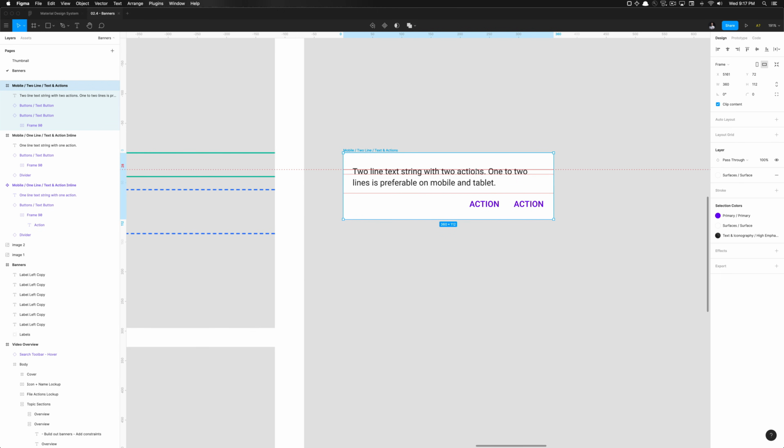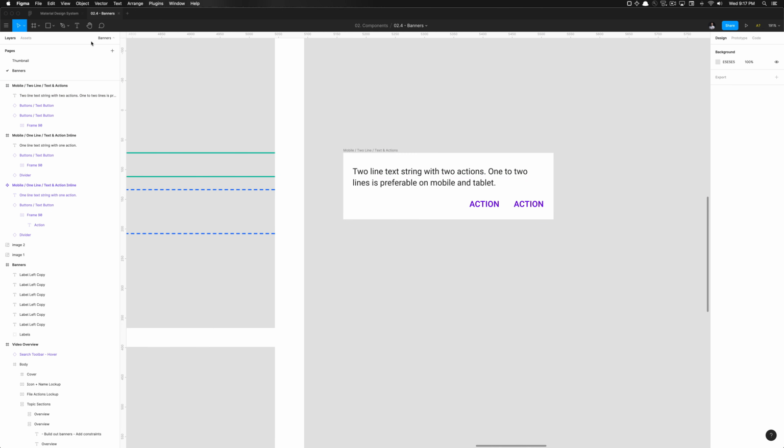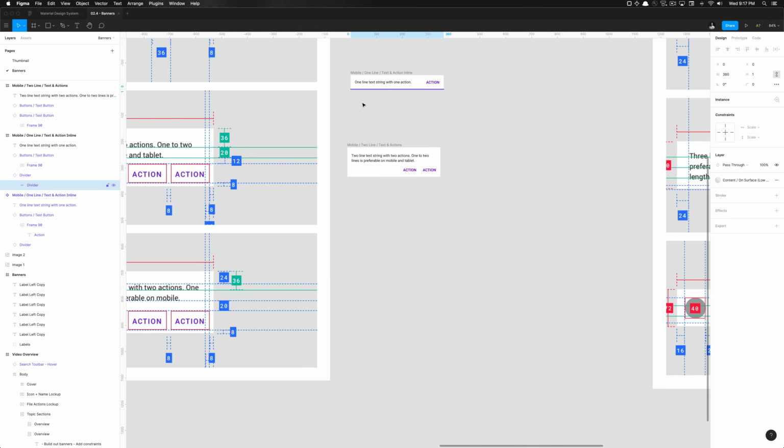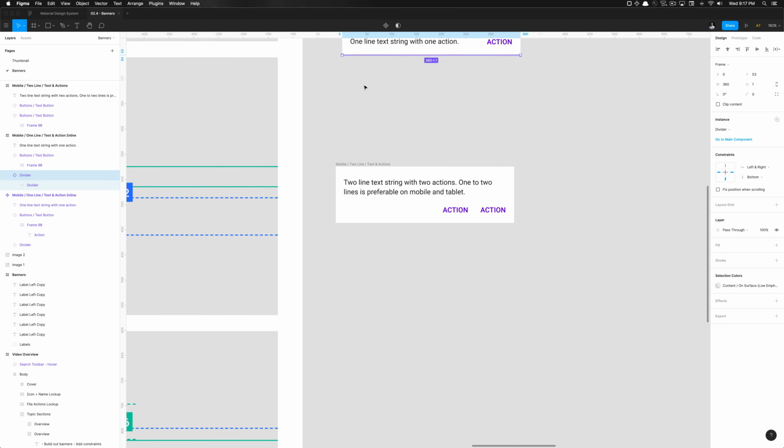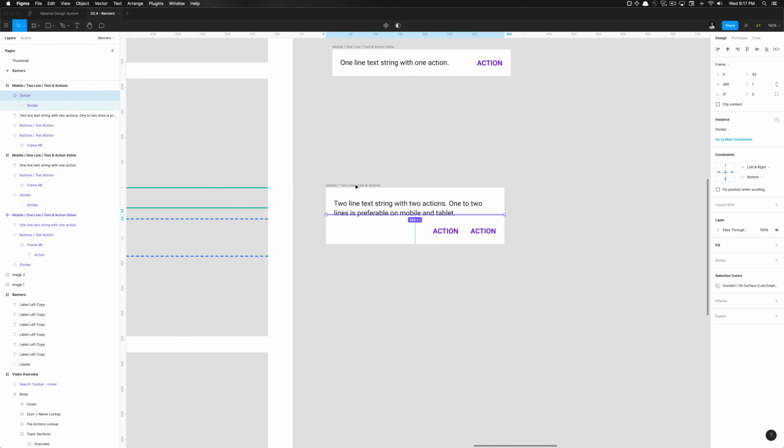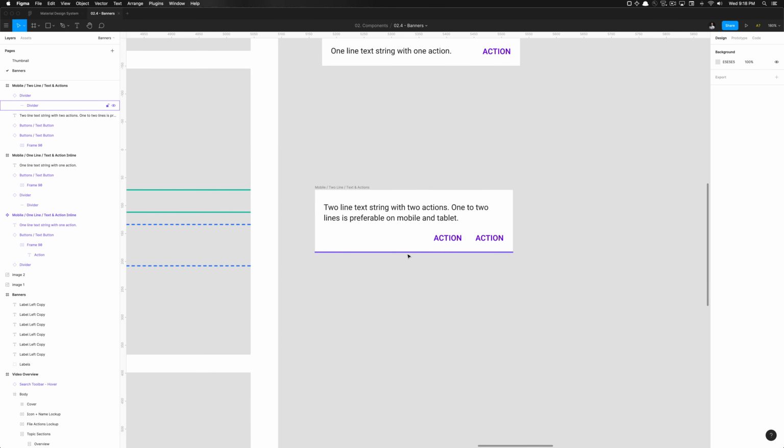So I can even hide my rulers or just remove them specifically from this layer. One thing we are missing is a divider. So I'm going to copy this divider here and then paste it and then hit Option S, and that will snap to the bottom of this element. And it has